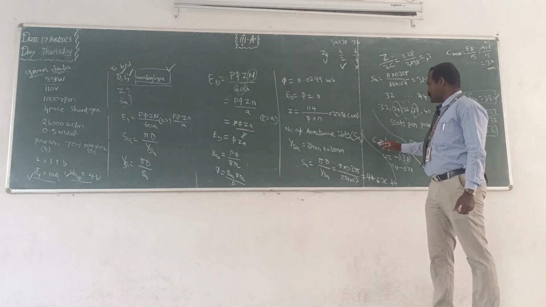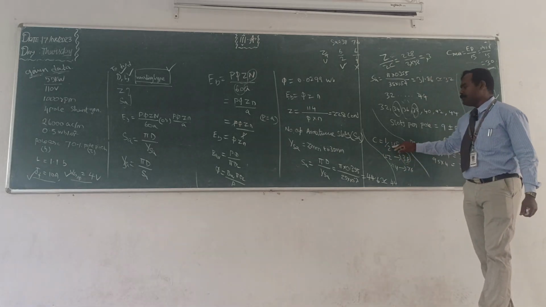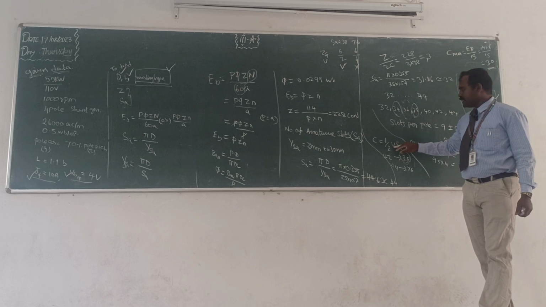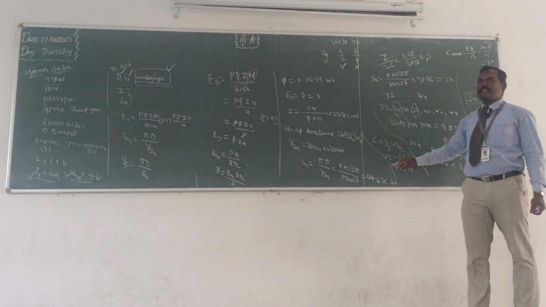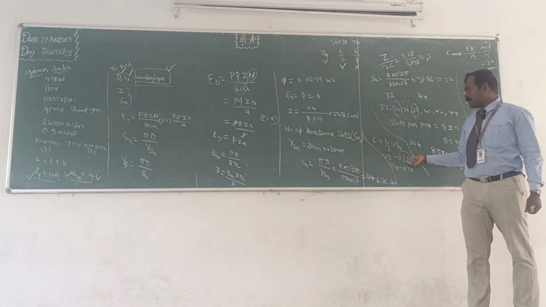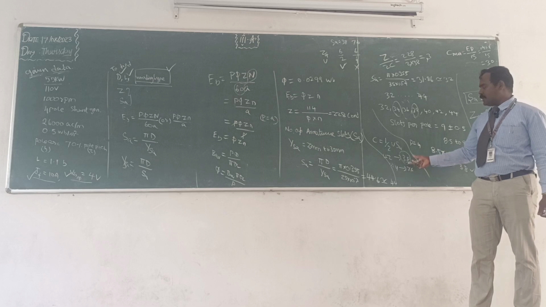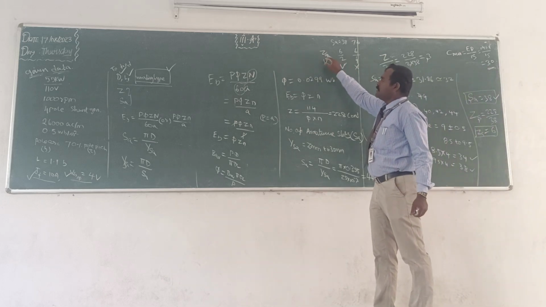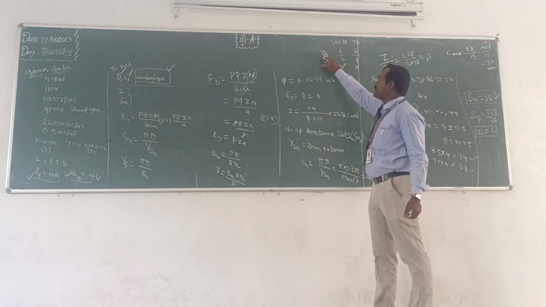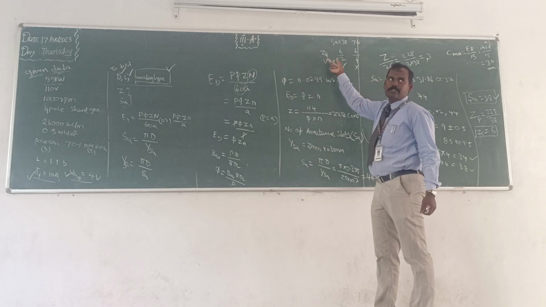While finding the actual number of coils, C equals 1 by 2 U S_a, where U is the coil sides per slot, which you can usually select as 2 or 4. Then you find the coils, that is 38 and 76. Both values may be suitable, but we can select one based on this condition: the number of conductors per slot, Z_s, should be divisible by U. We selected U as 2 as well as 4.